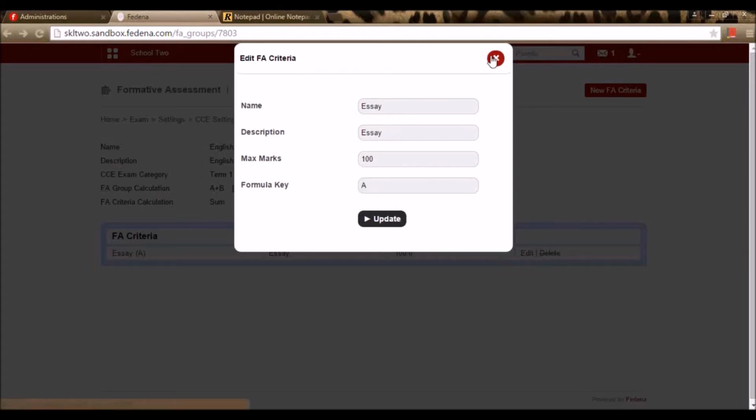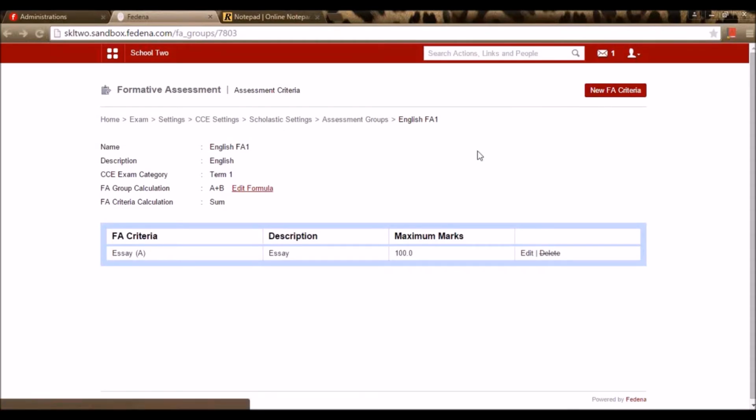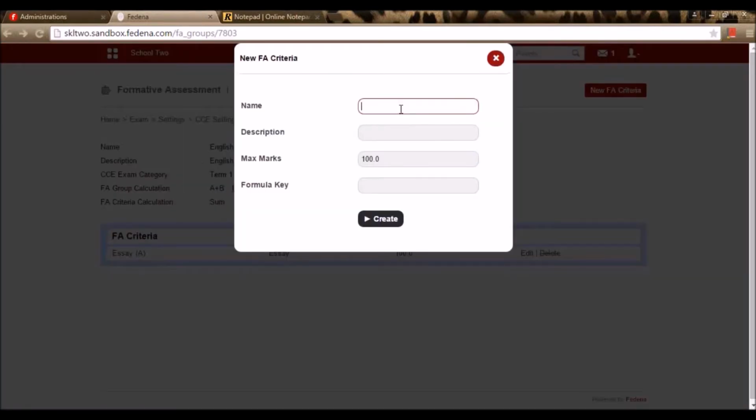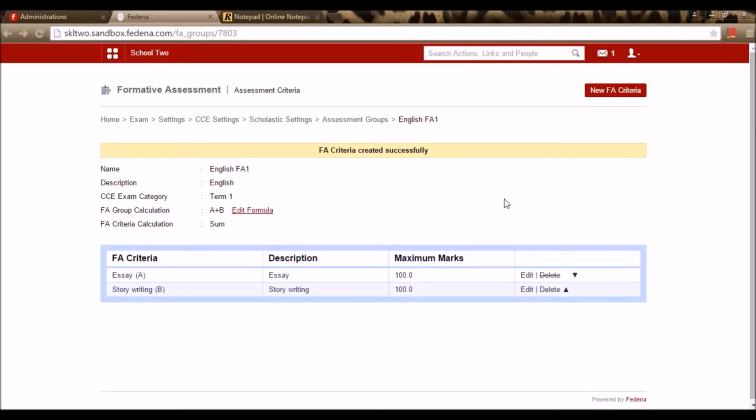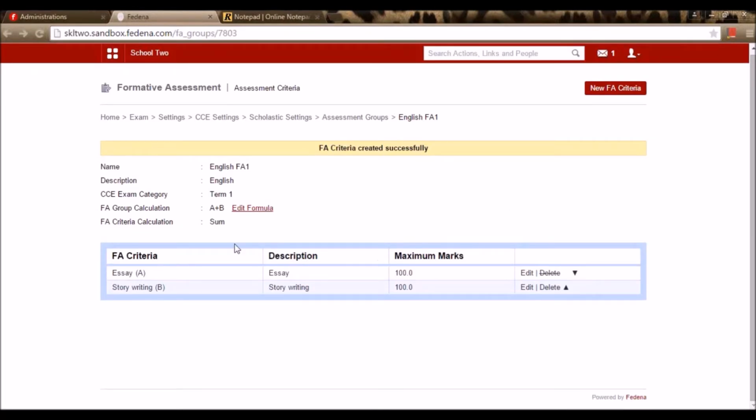So I have given the FA criteria name, I've given a maximum mark, I've given a formula key, say A. I can create one more criteria by giving a name for the particular FA criteria, say story writing, and I can go for the maximum mark to be 100 or even less than that, and now I'm giving a formula, say B. Now the FA group calculation can be anything.